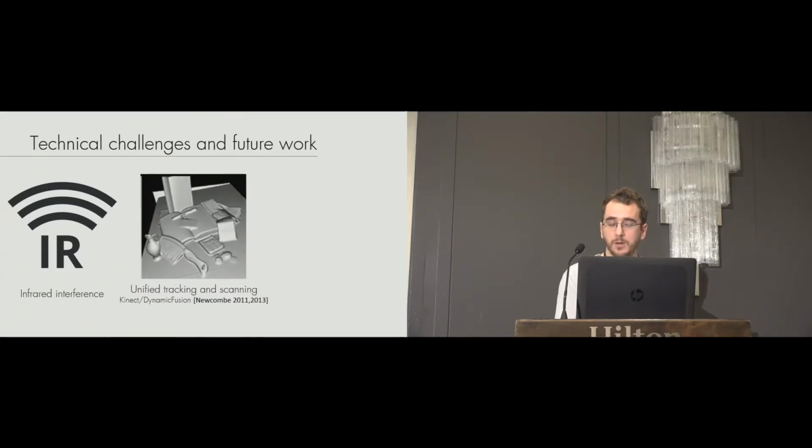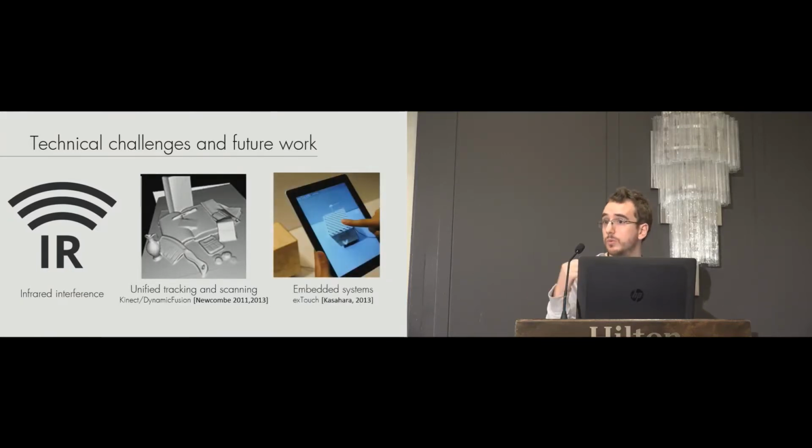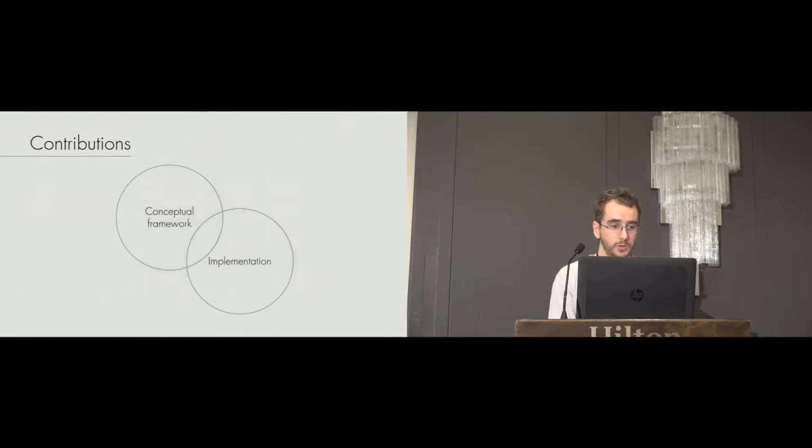So I think it would be ideal, from where we are, to move towards something more dynamically created, and to be able to use embedded systems as a way to increase the potential of the lower levels, let's say, of level 0. So I went quite fast over the paper because the important part is the conceptual framework,